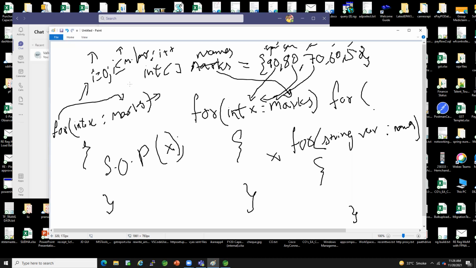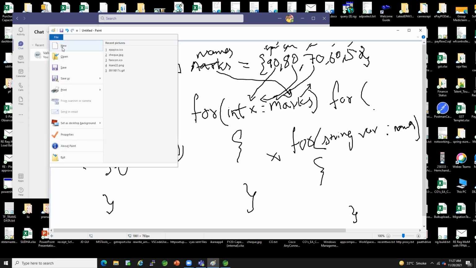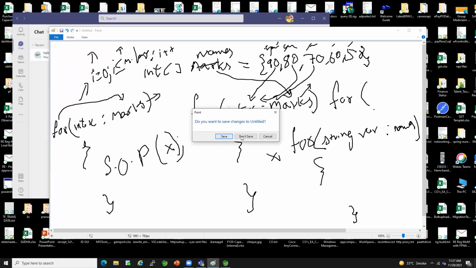If you see the earlier for loop, do we pass the marks at any time? No, we are not passing. We are only referring to marks length. For doesn't know what marks is. We are only saying that it is as good as